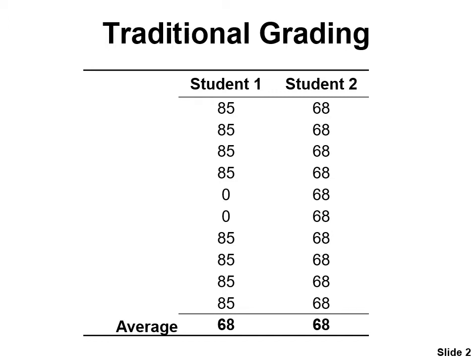I would not say that student 1 and student 2 understand the material and have demonstrated their learning of the material to the same degree. The zeros really do drag down student 1 quite a lot, even though they did well on most of the assignments, whereas student 2 is not doing very well on most of the assignments, and they end up with the same overall score. Because in traditional grading with a 100-point scale, the letter grades are mostly 10% each, so